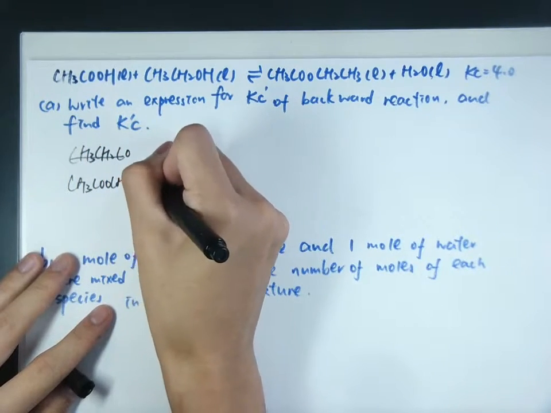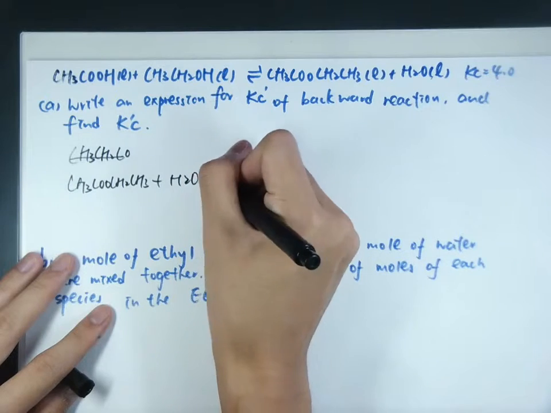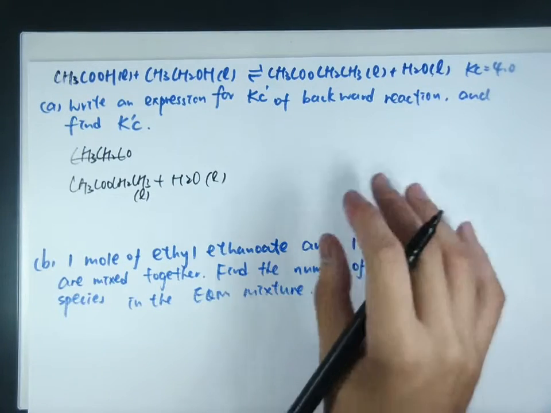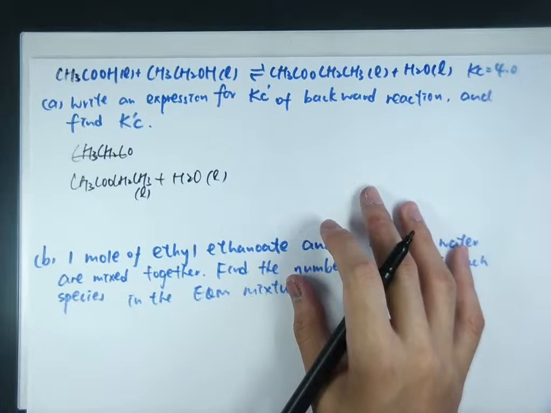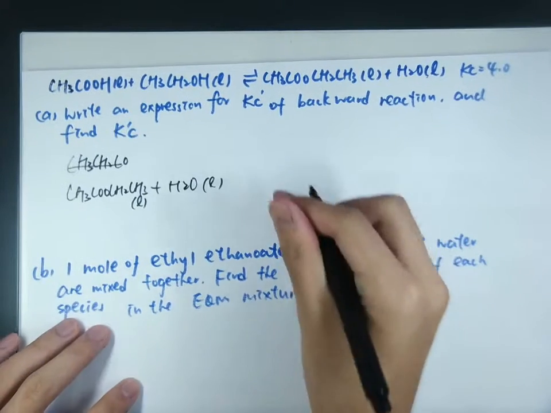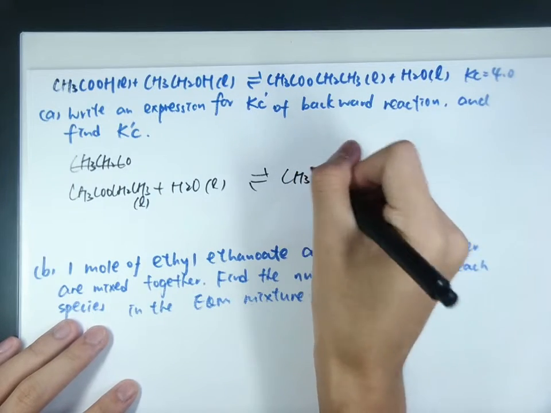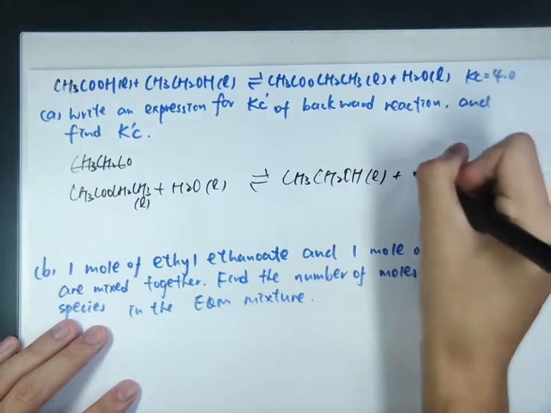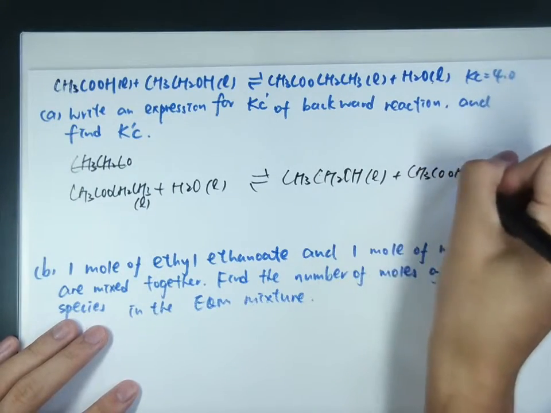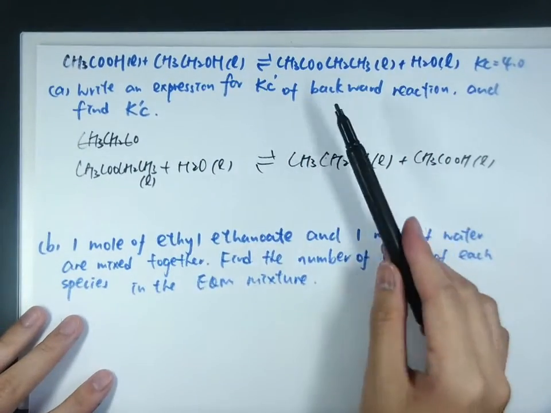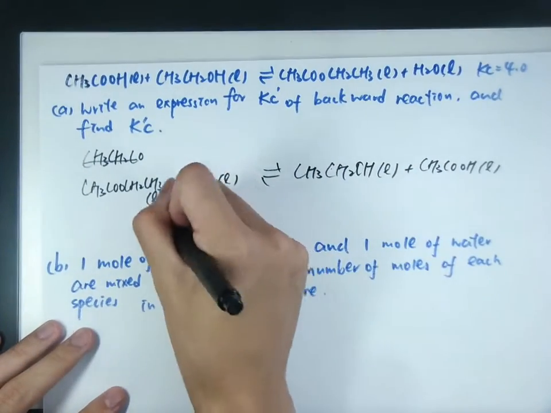Let's put down the backward reaction first. It will be like this, because we just reverse the equation, okay? So now we reverse this equation and we can write down the expression of the backward reaction. So Kc equals